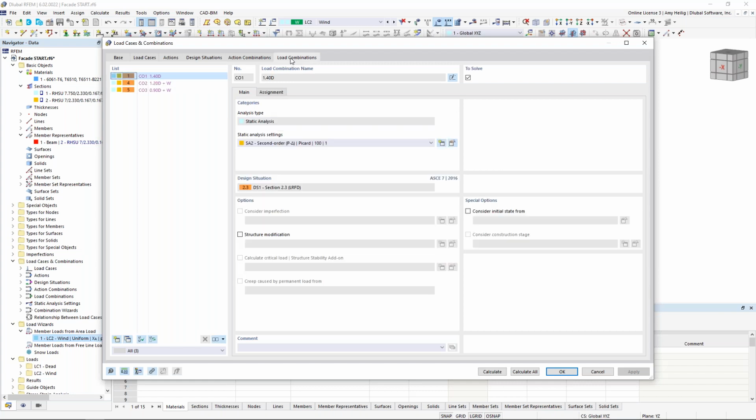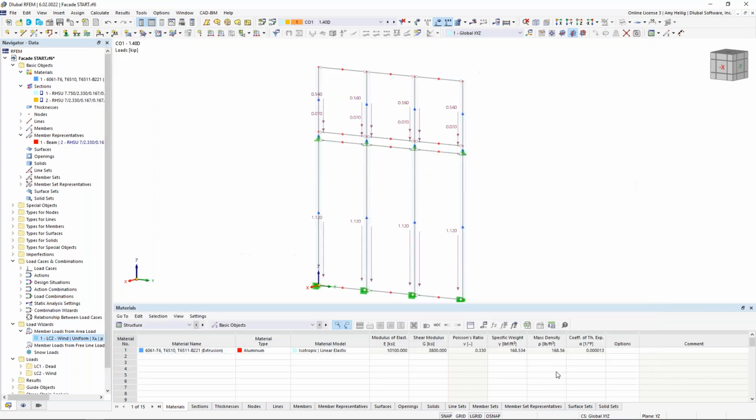And under the last tab, the load combinations, this is where we see the load combinations individually listed out based on the ASCE 7 and only according to the load cases we have defined, that dead load and that wind load. So now that the load combinations as well as the design situations are set, what we would like to move